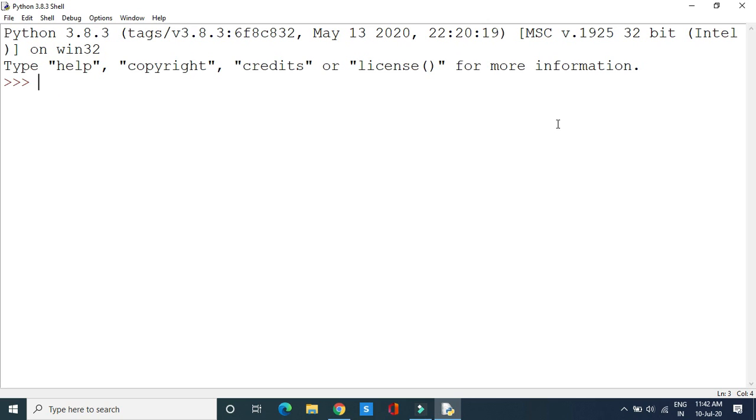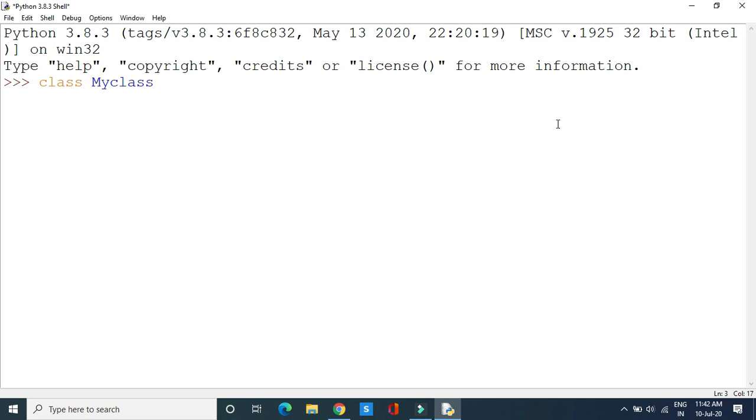To clearly understand this concept, let us have a simple example to see how it is implemented and used. For that, I am using a keyword called class, which is used to create the class, followed by the class name.